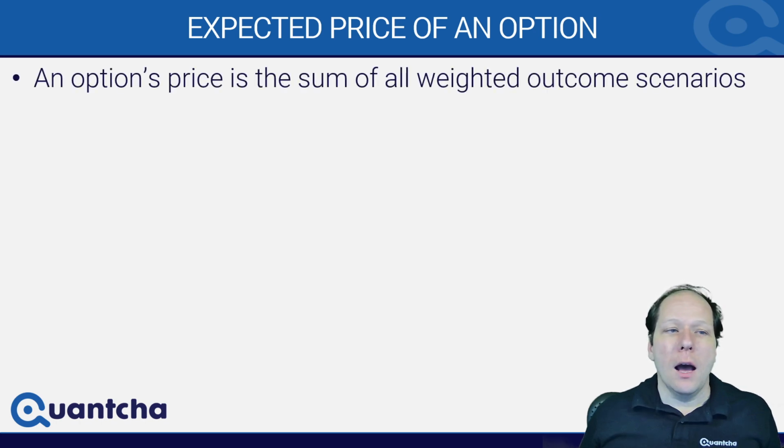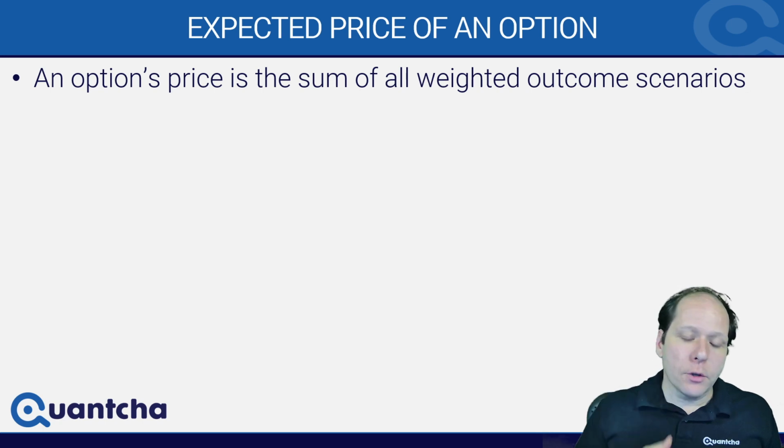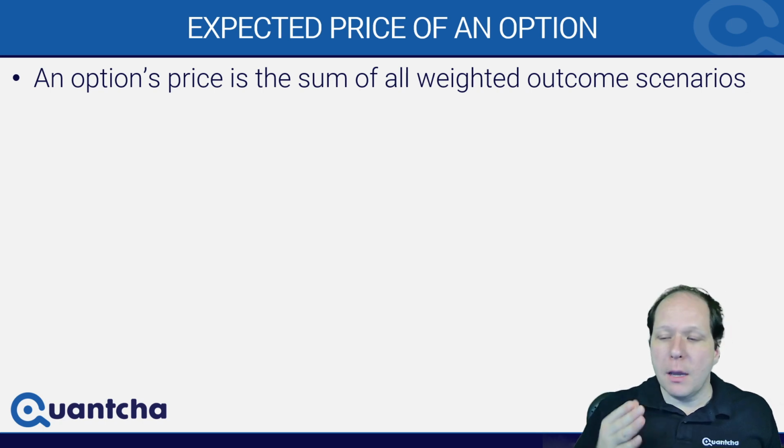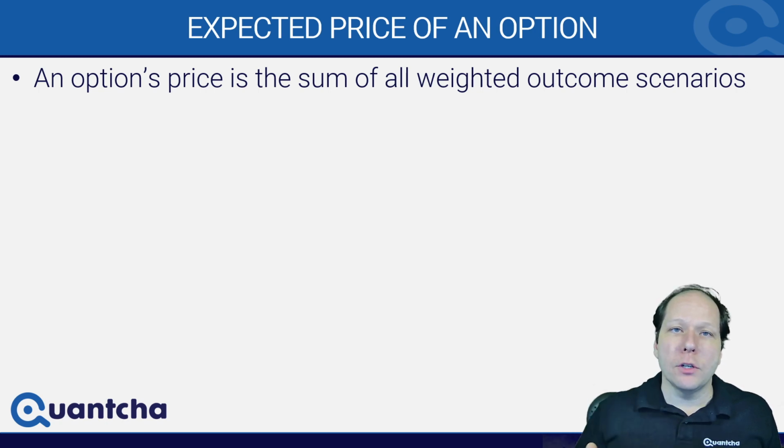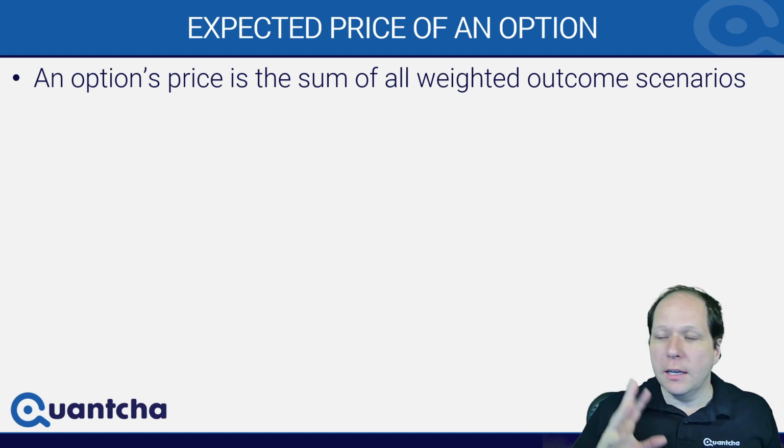So we can think of an option's value today as being the sum of all the weighted outcome scenarios, meaning that if you said there's a 10% probability it closes at 100, and a 10% probability at 110, and 5% at 115, and you went all the way up, you'd be able to calculate what the value of that option should be in expected value. Do discounted cash flow against the interest rates, basically discount the interest rate out of it for how much money it's worth today. And that's kind of what's happening